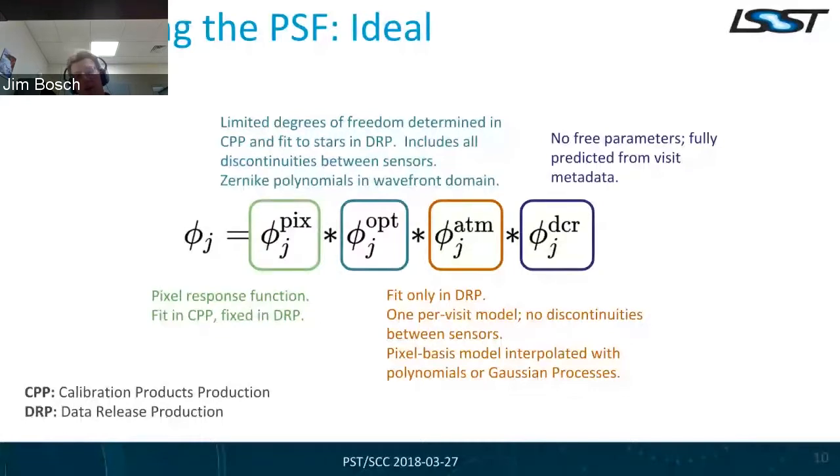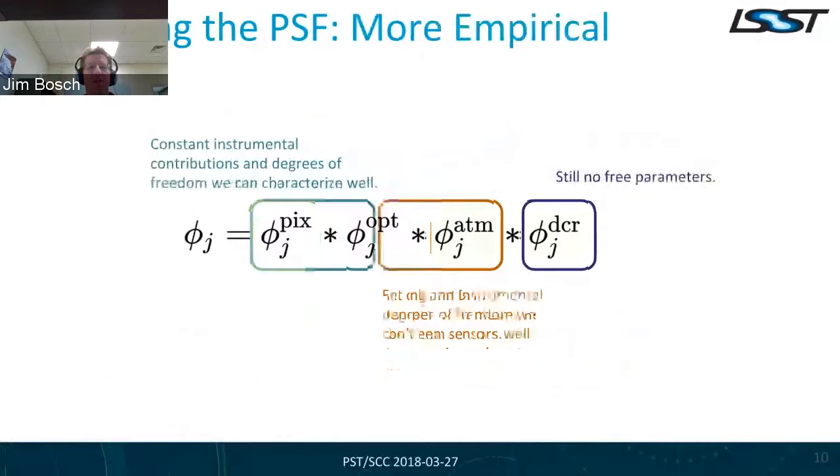It's not our only chromatic PSF effect. The optics and the atmosphere both have their own wavelength dependence that we can mostly know physically, although I think it's a little bit different for the atmosphere because we definitely can't assume just Kolmogorov seeing. But at least we can, for all these components, come up with something like a chromatic dependence from physics. However, I think it's probably unlikely we'll be able to do exactly that. And I think the real model we use is going to look a little bit more like this,